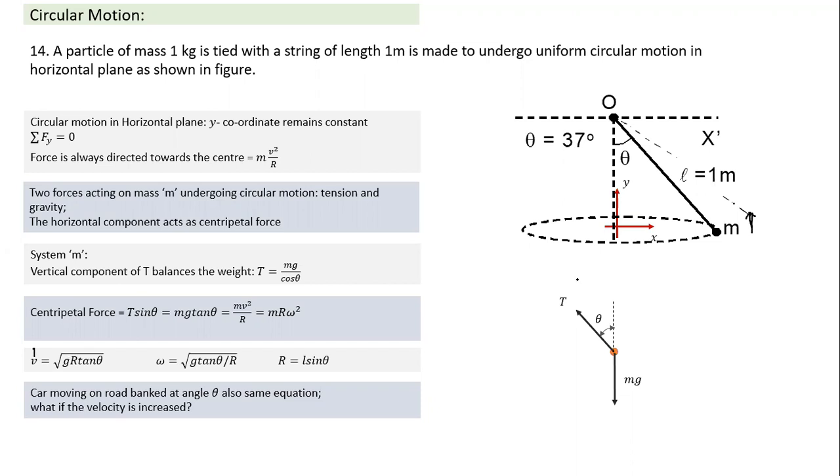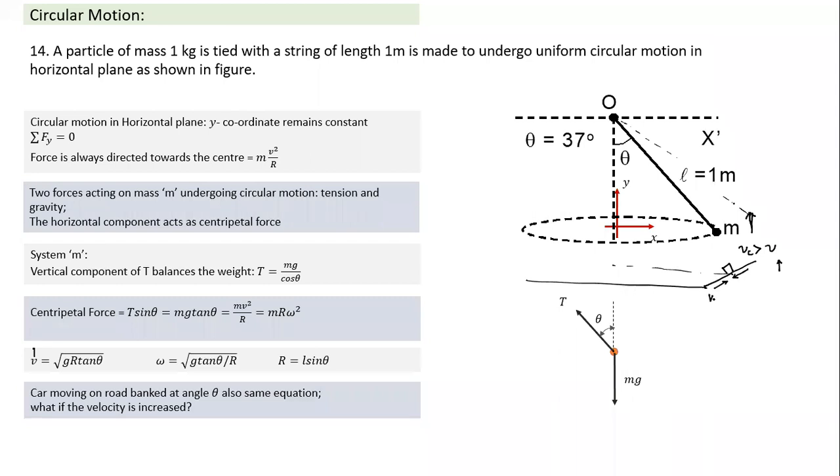That's what happens in case of a banked road also. I'm not spending too much time on the banked road. The car is moving at a particular speed v matched with this; it will not tend to move up or down, and no friction will act. But if the speed of the car is greater than that v, it will tend to move up, meaning the force in the upward direction will become greater than the force in the downward direction. Because road friction may be present, if it is tending to move up, friction will start acting in the downward direction. When it moves slower than that speed, it will tend to move down, and friction will act upwards.